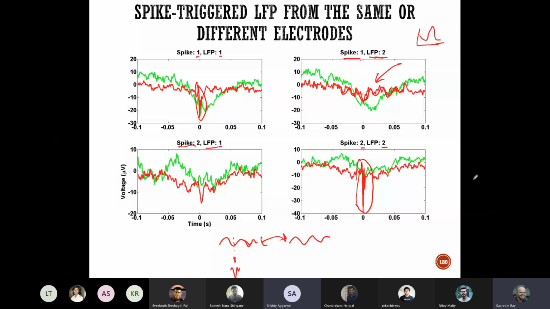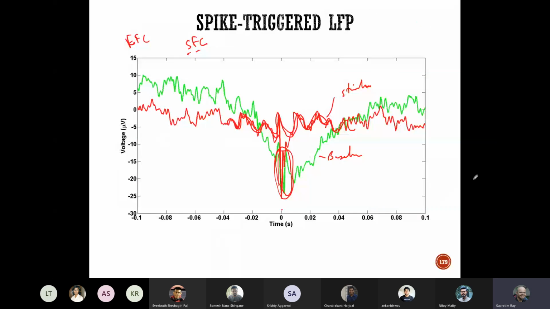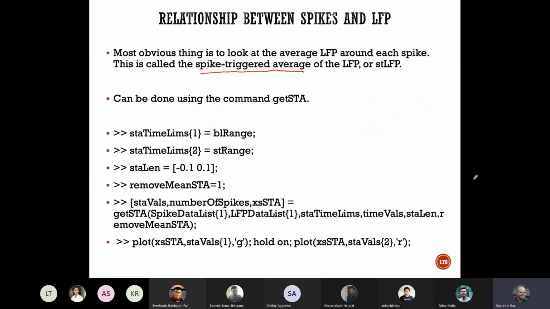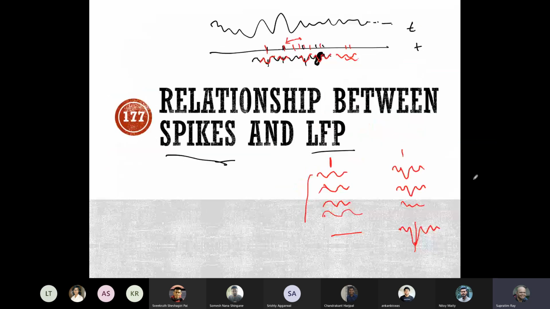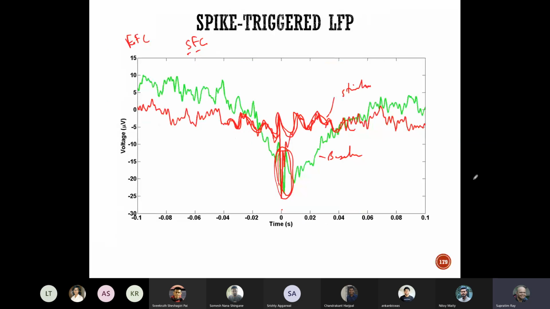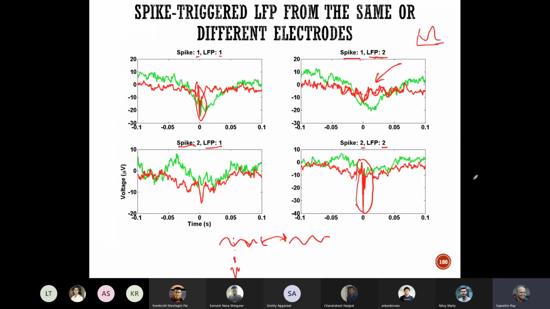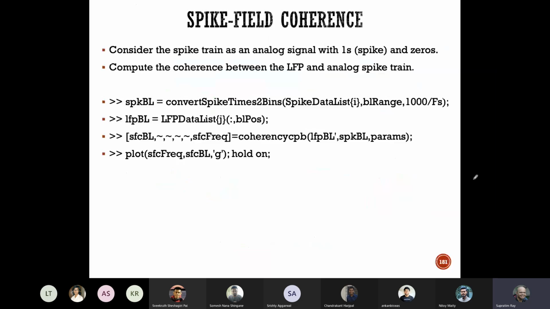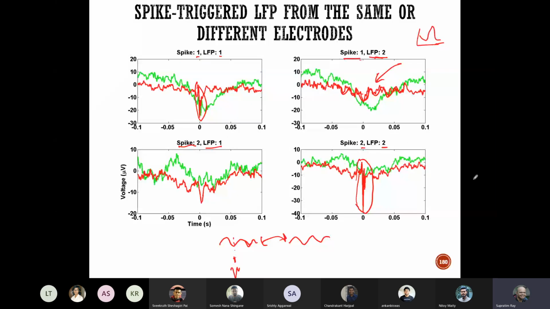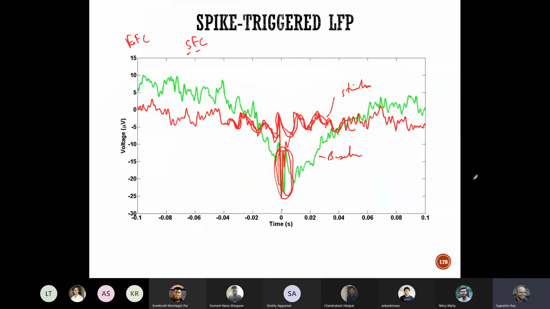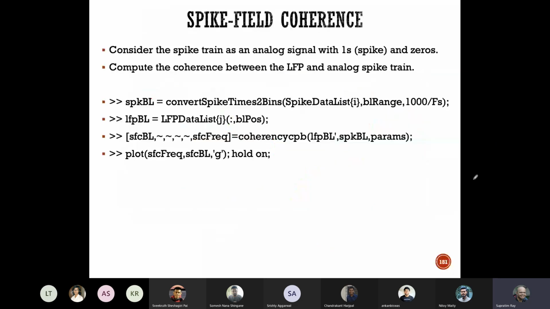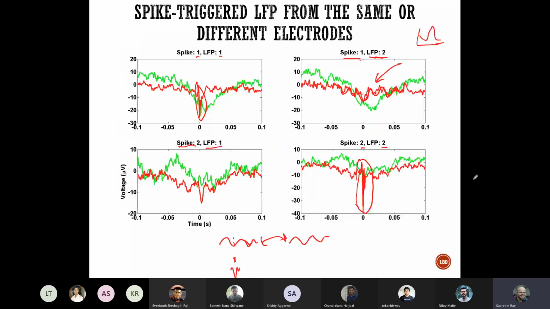Okay. So we've run out of time, and anyway, my voice was breaking. So I will again start from this part in the next class. Just look at these slides one more time, and we will cover this and look at spike field coherence, and then we'll be done. So we will finish this off in the next class, and then we will go to EEG analysis.